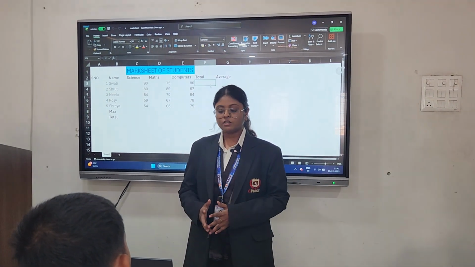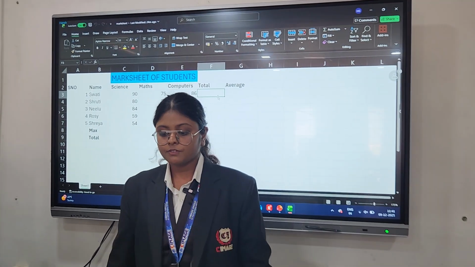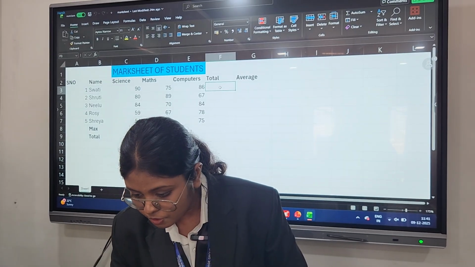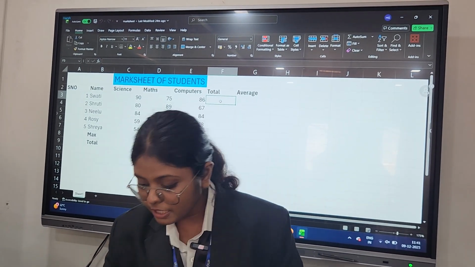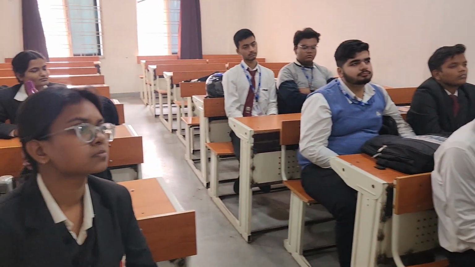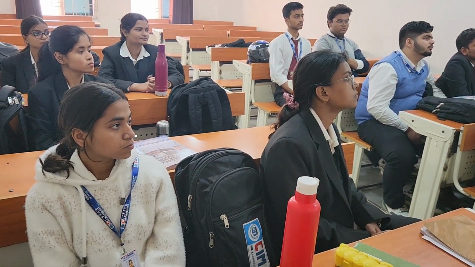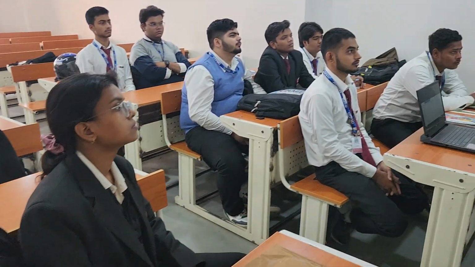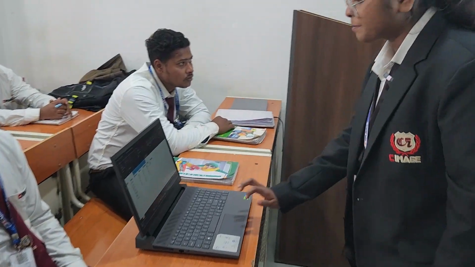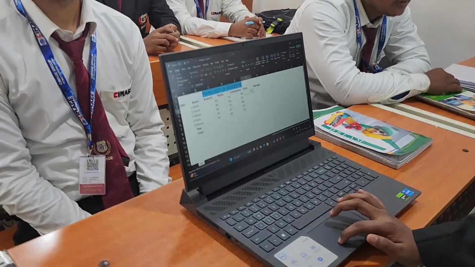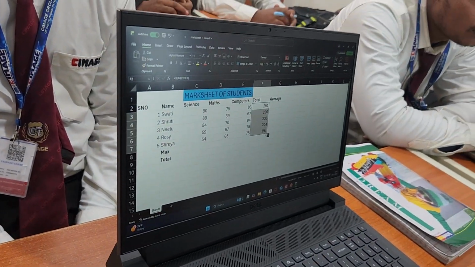Here is the mark sheet of a student. So first of all, we have to calculate the total marks of the student. For the calculation of total, we have to put the formula equal to SUM, bracket open. We have to select the subjects, then bracket close, enter. Without wasting our time, we can also put the same formula by using the drag fill handle. So the formula will be the same, but the amount will be different.